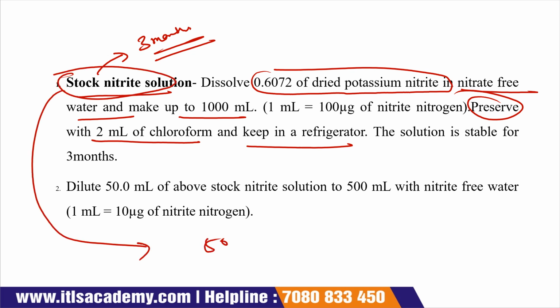Now we have to dilute this stock solution of the nitrite. For this, we take 50 ml of this stock solution and add 500 ml of nitrite free water. This is how we prepare it. The next is your